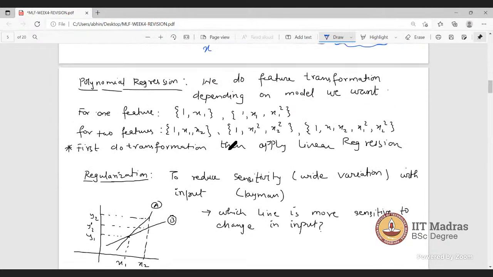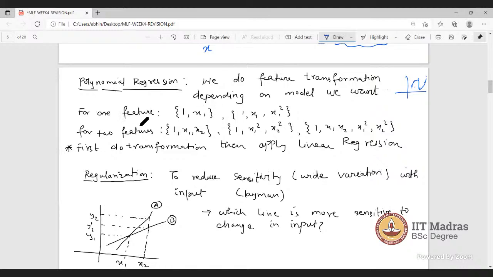Next thing covered in the first lecture is polynomial regression. So see, for some cases our data points are such that linear regression doesn't suffice our need. So data points may be like this. So here we need some non-linear model to represent our data. So for such cases we go for polynomial regression. So what we basically do is transform our features in the data set to get our polynomial equation.